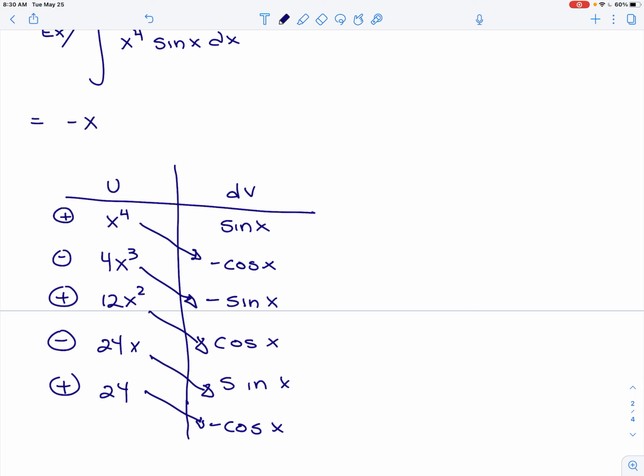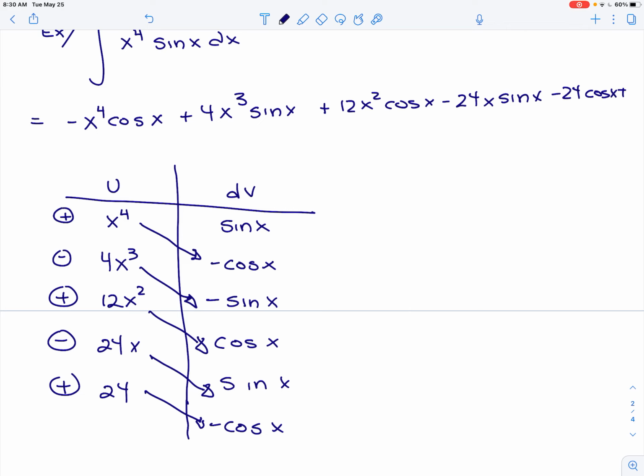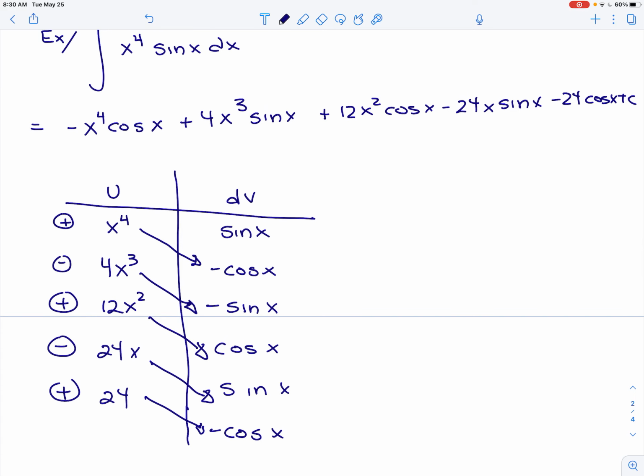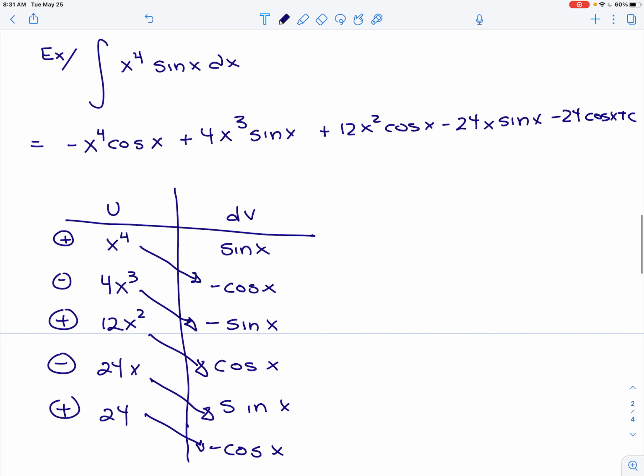So then the answer is minus x to the fourth cos x plus 4x cubed sine x plus 12x squared cos x minus 24x sine x minus 24 cos x plus c. So this would have taken 4 integration by parts. Okay, so hopefully that was